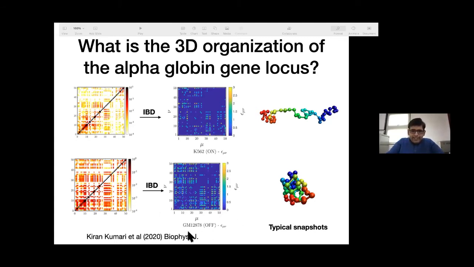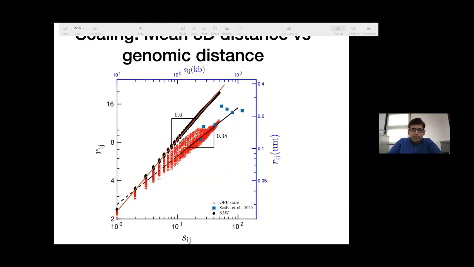You can see the details in Kiran's paper. These are the typical snapshots that we get. Once we have the snapshots, we can ask about various quantities, like the scaling relation, for example, what is the mean 3D distance versus genomic distance. What is plotted here is the mean 3D distance between different segments i and j as a function of their genomic distance. And as a control, we have a self-avoiding walk polymer, which we expect to have a 0.6